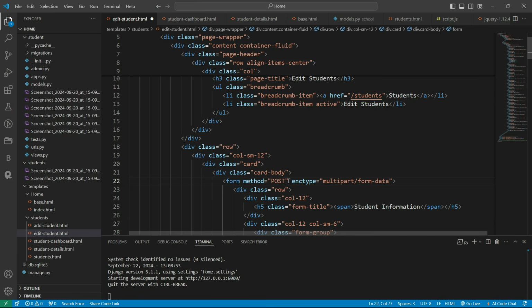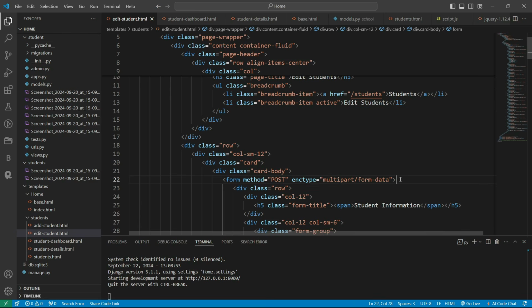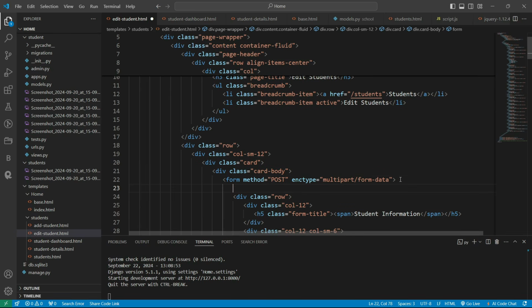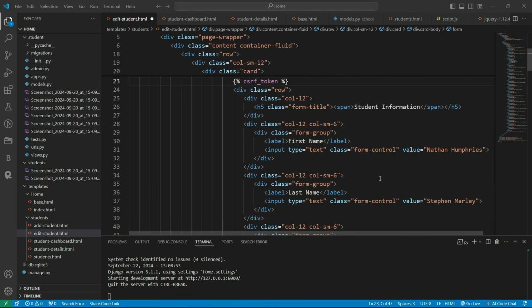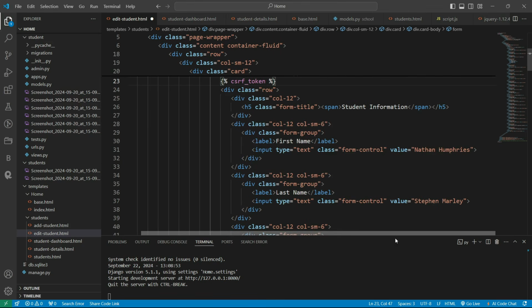Okay, so let's save it. It helps to handle the media file. In a similar way, we also need to pass our CSRF token. So let's do it here. And after that, we take this attribute with the help of our name. So we need to define it here. Name equal to